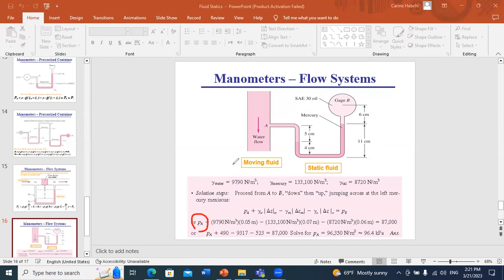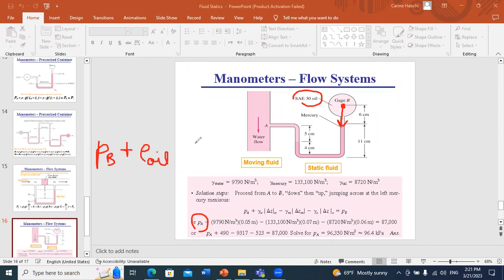We know PB. Let us start from B, for example. If we start from B, we first write PB, it's given. Now we'll go until reaching point A. First, we go downward in which fluid? We are going downward in oil. And when we go downward, we should add the pressure. We put plus rho oil